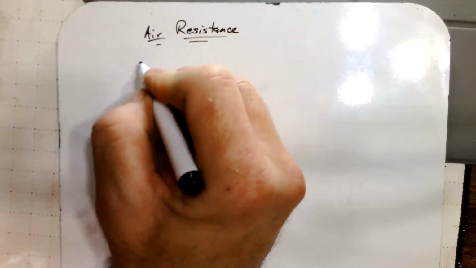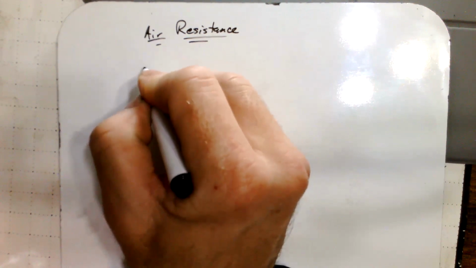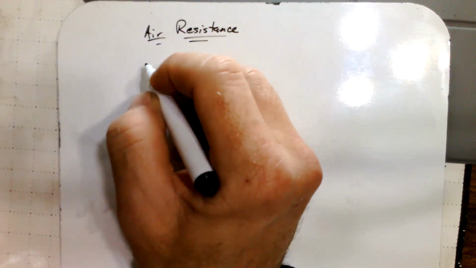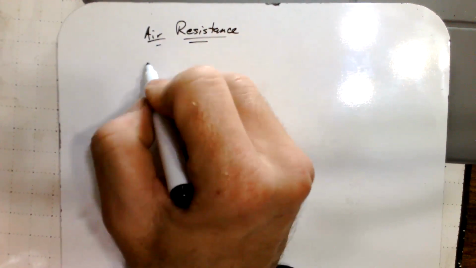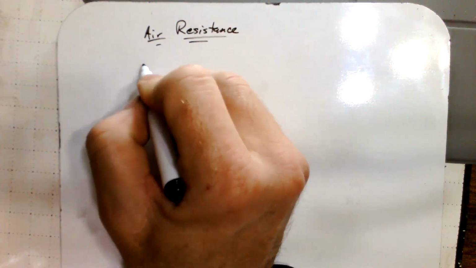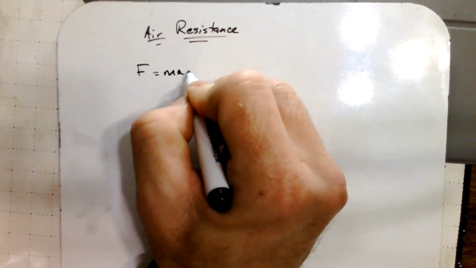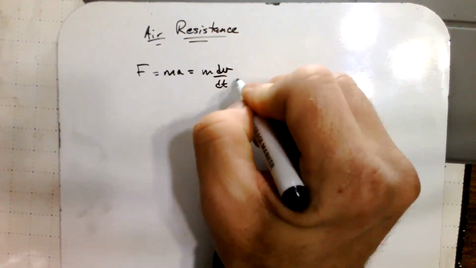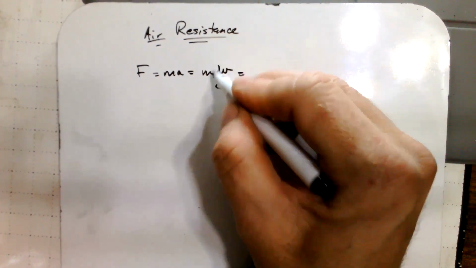All right, in our next example, we're going to be talking about air resistance. This one is anything that has something proportional to the square of the velocity. So some resistant force is pushing against the movement of something. Newton's second law would tell us that F equals ma, which is equal to m dv/dt, as we've seen before, assuming the mass was constant,